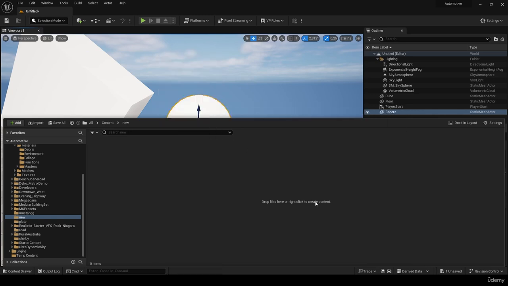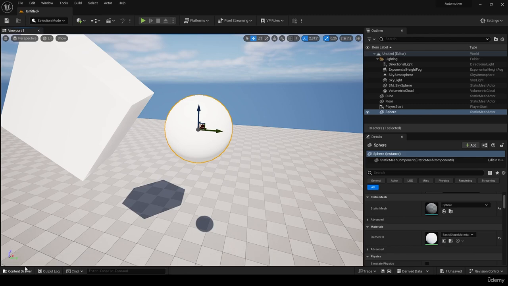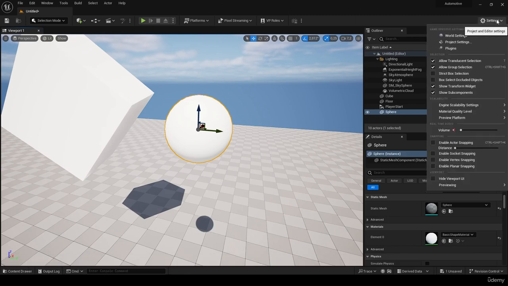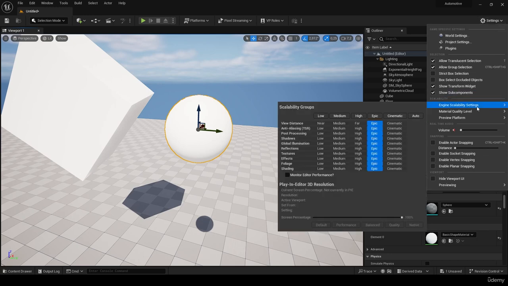So, okay, content folder. This is our project, let's say. This is the folder of our project, the content folder of the project. So let's close it and see what more we have here. We have some settings here. Okay, if you don't have a good graphic card and it's heavy for you, you can click here settings, engine scalability settings here, and choose any type of this